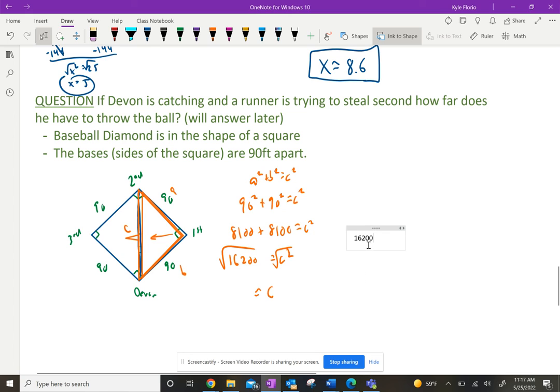The computer's being a little slow. SQRT. So how far does the catcher throw? How far is home plate to second base? It's about 127.3 feet,